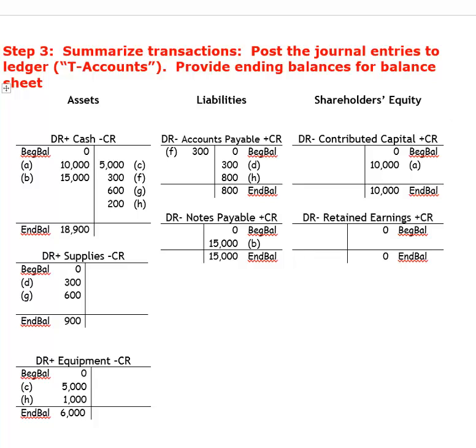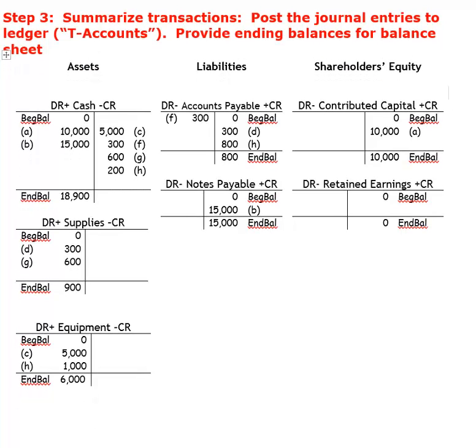What we're going to do now is, you remember from our last step, step 3 of the accounting process, we actually came up with balances for each of our assets, each of our liabilities, and each of our shareholders' equity accounts, and we put them down in the bottom here. These ending balances, instead of going directly to the balance sheet right now, we're going to show you a report